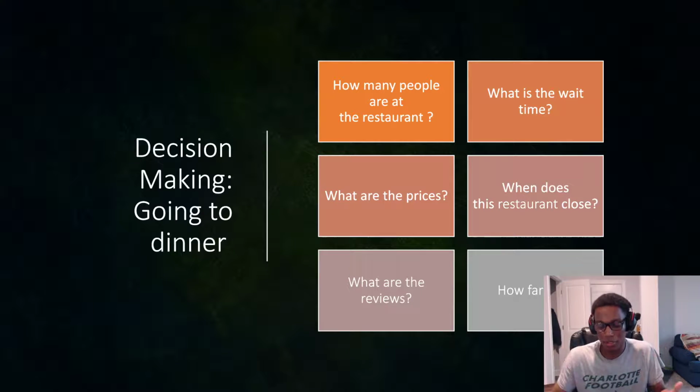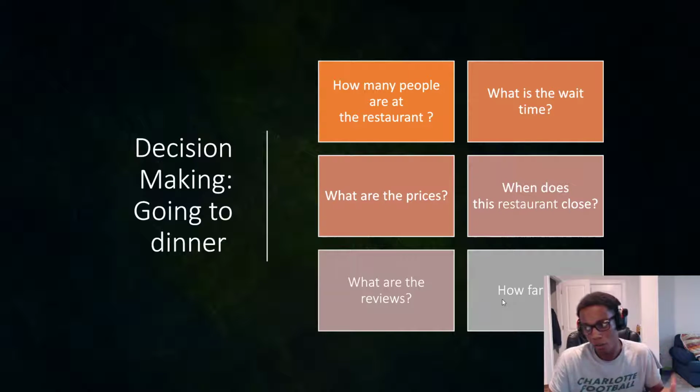So let's say how many people are in the restaurant. If there's a super full restaurant, do you still want to go, right? If it's super empty, do you still want to go? How does that affect your decision making? If you have to wait an hour to eat your food, is that going to affect your ultimate choice? If it's expensive, if it closes really early, if it has bad reviews, if it's really far away from you,